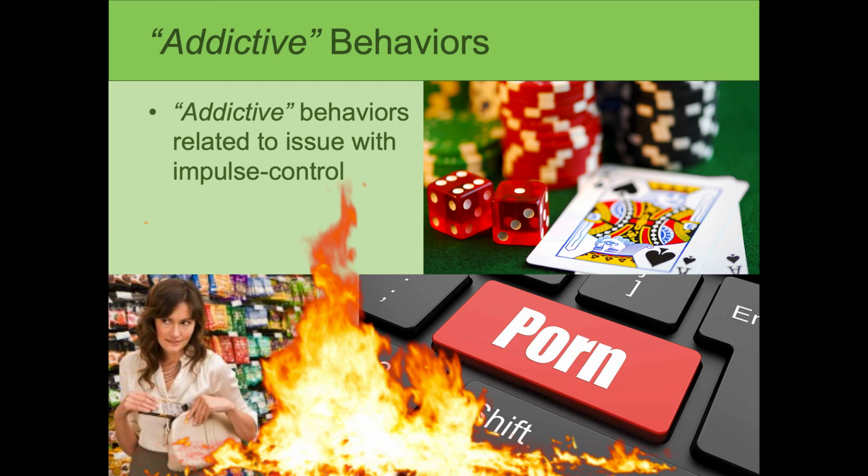I don't think that we can say that it's all one way or all the other. I think that we have to understand that there are certain things that our brains are kind of built for, these dopamine hits and releases that we crave and we desire, and those can lead to these compulsive behaviors. But we can't at the same time say that it is only dependent on that, because not everyone who gambles is addicted to gambling. So just kind of keeping in mind that there are certain behaviors that we just don't really have enough information about to say whether or not these are kind of classic